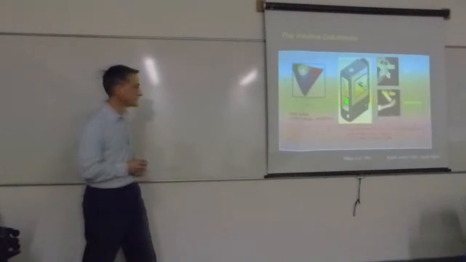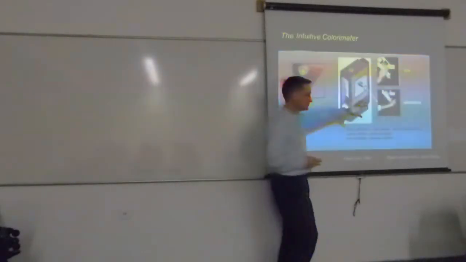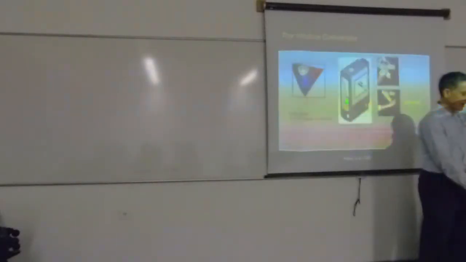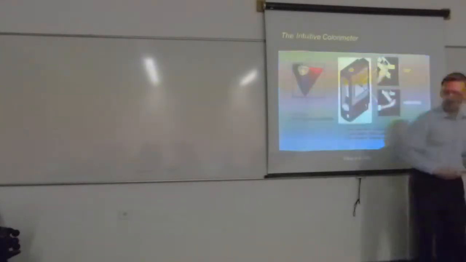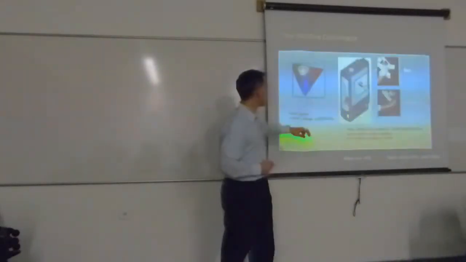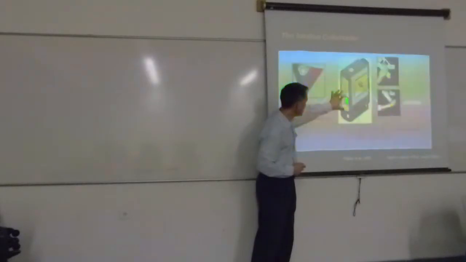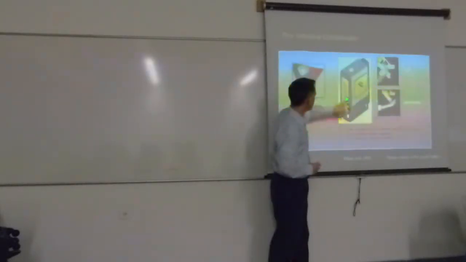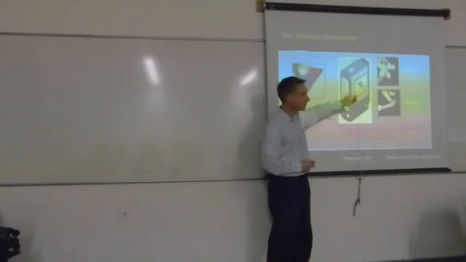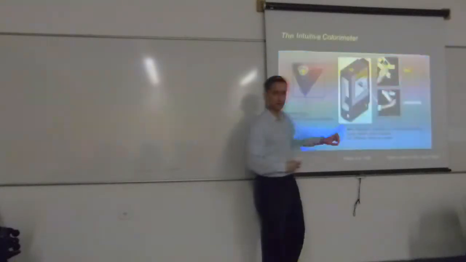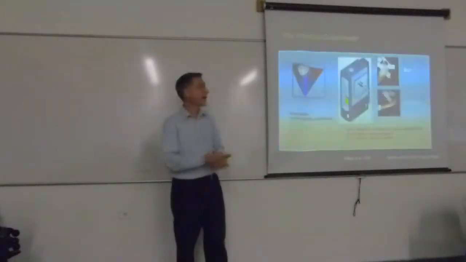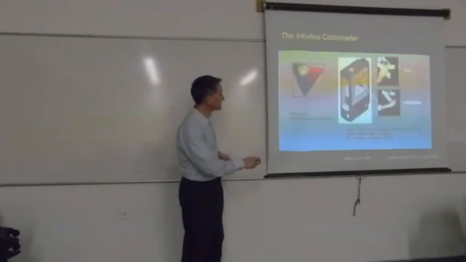So this is what the intuitive colorimeter looks like. It's a box. If it was on this table, it's about that high, about that long. And the child looks in through a window here. The child's head goes here. The optometrists adjust these controls. And the child looks in through a window at a page of text. And that page of text is illuminated with light,